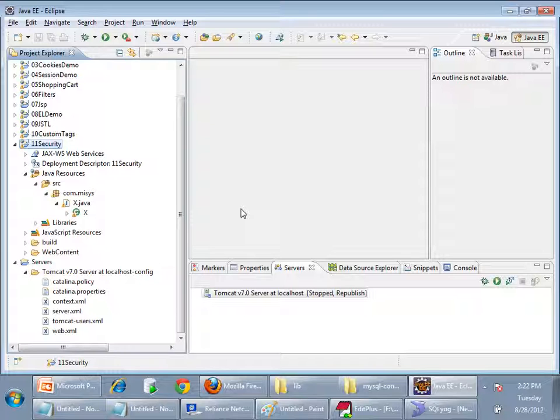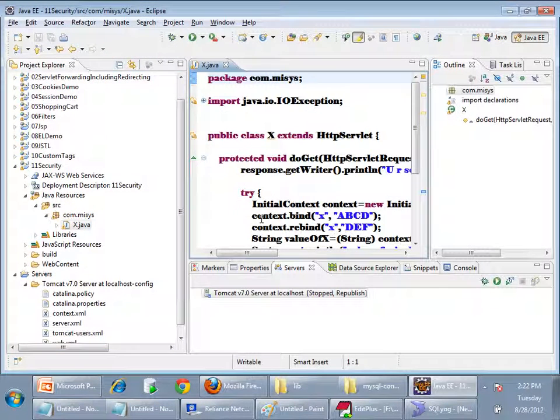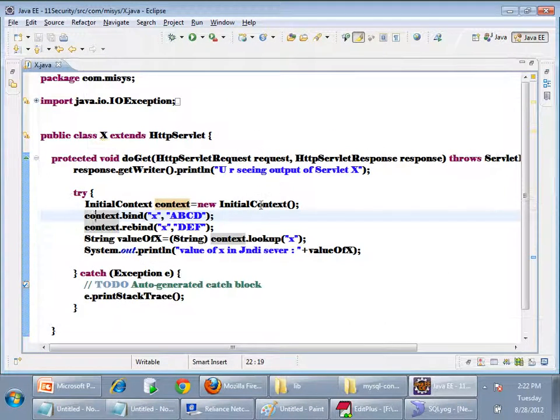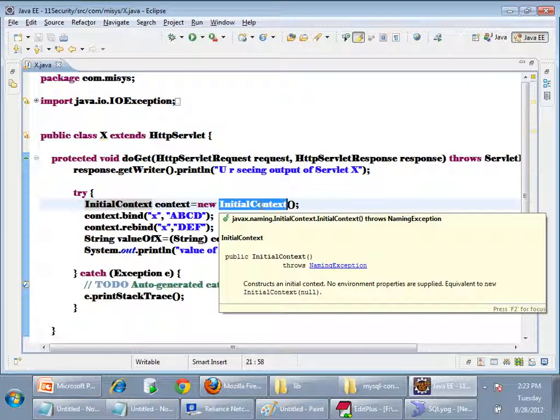Now, what has happened is, whenever we are creating an object of initial context, in which application am I creating initial context? In 11 security, this is my application name, 11 security. In this application I am creating an initial context, right? Suppose this is a node in the JNDI tree corresponding to my application, I will be getting the reference of this context object. That is the meaning of initial context. I will be getting a context from where I can look up, right? So I will be getting a reference of a node. Whenever I say initial context, I will be getting a reference of a node